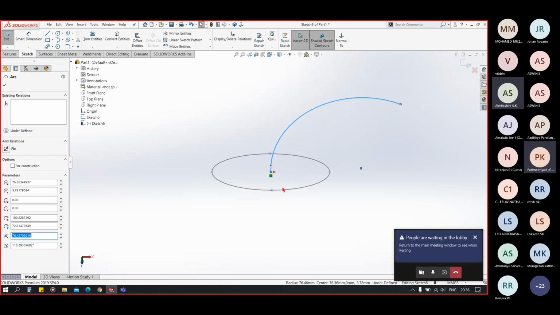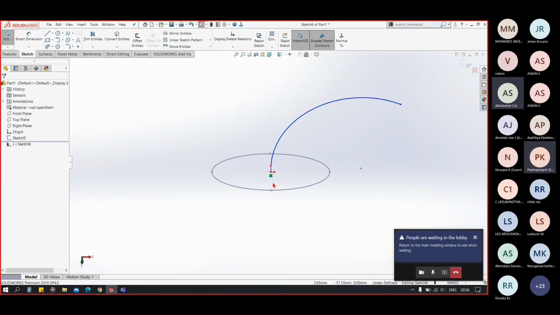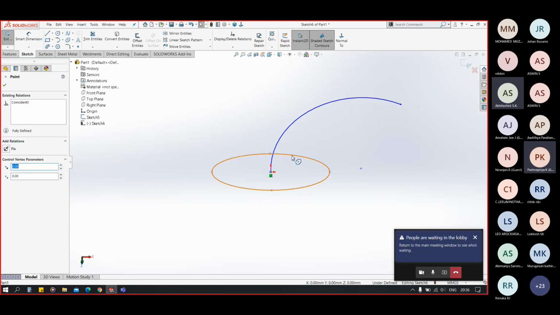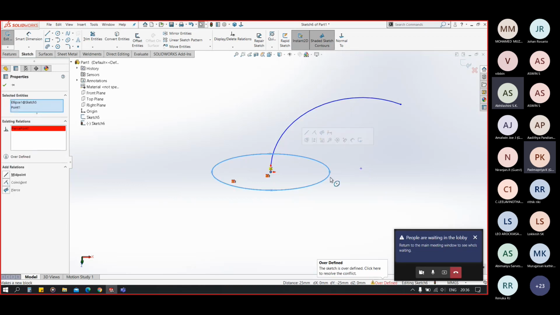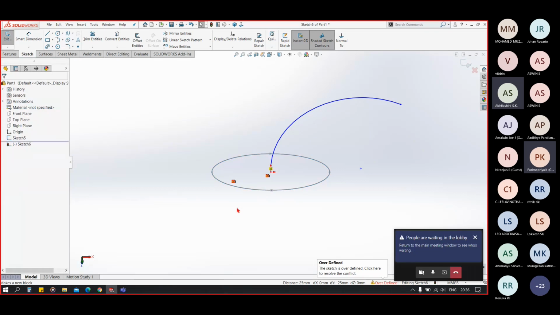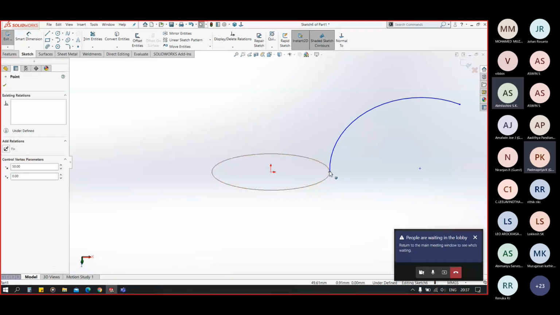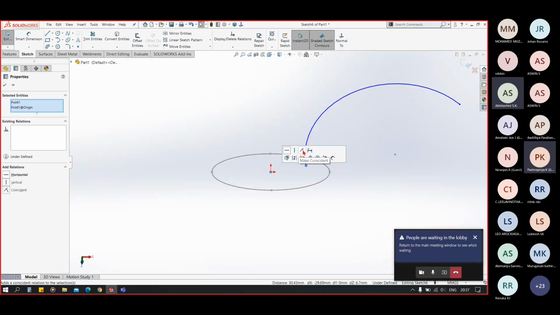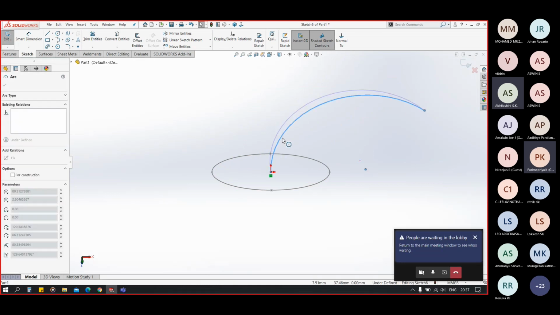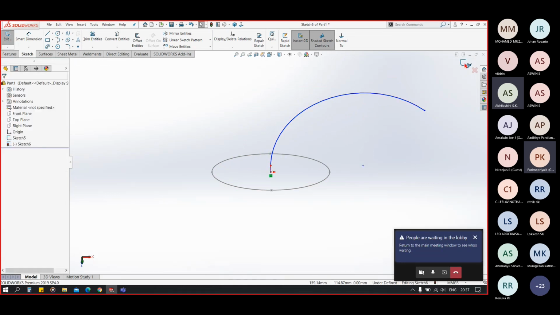Now you see I have to make this sketch pair with this sketch. Now you can see it is giving me warnings because it is coincident also and pairs also. So for that, now you can see I have my profile here and path here.